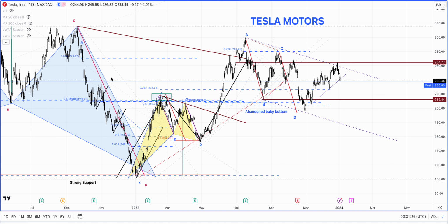Let's start with Tesla Motors. Tesla has just been trading in a trading range for quite a while, since late July last year. And it has held one of our key patterns, which is this ABCD price action, but there's also a possibility that it might actually be moving in a channel formation, which is in fact a flag formation, in this case like a bear flag. So ultimately, still bullish on the stock, and as long as this point D is held,